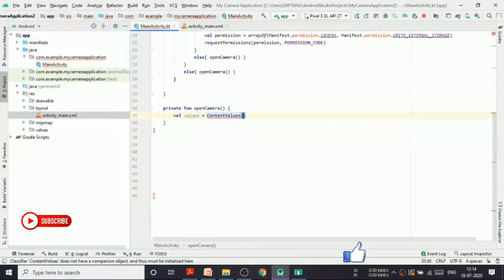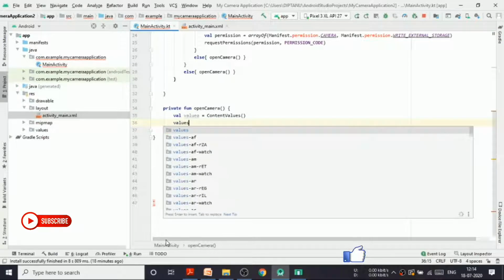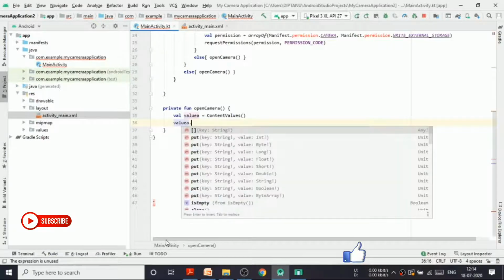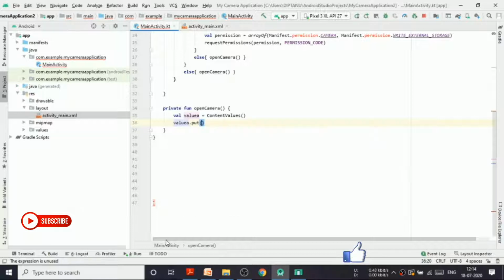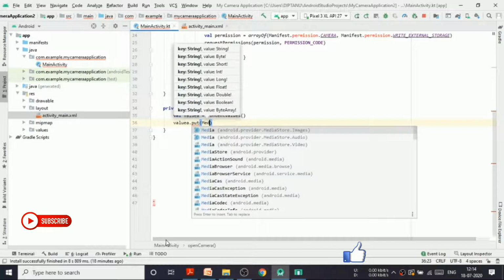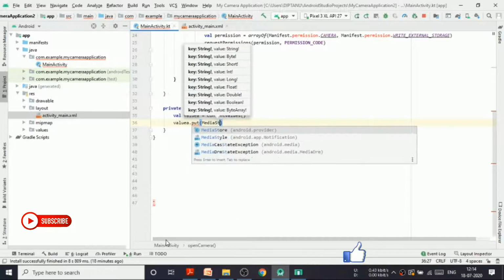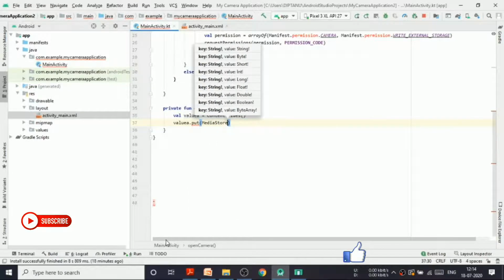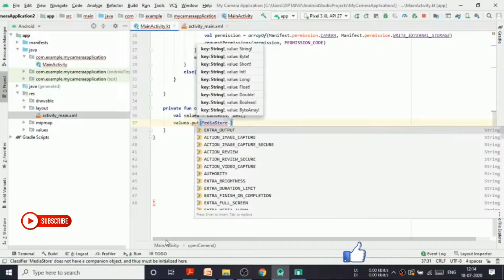So again we need to give a bracket, and then we'll just click enter. In the next line we'll add values enter dot put enter, and inside that we'll type media store, again enter, and dot images,